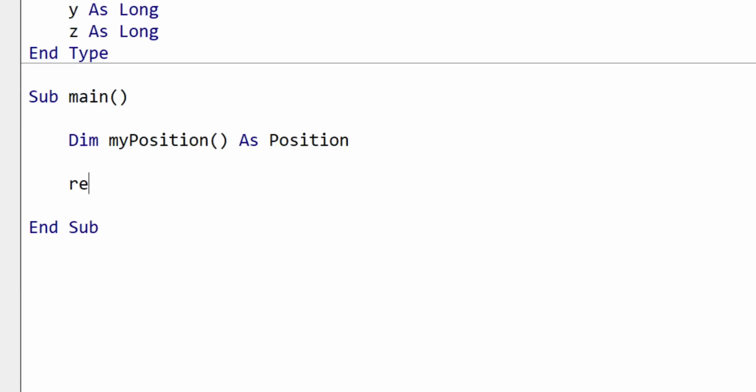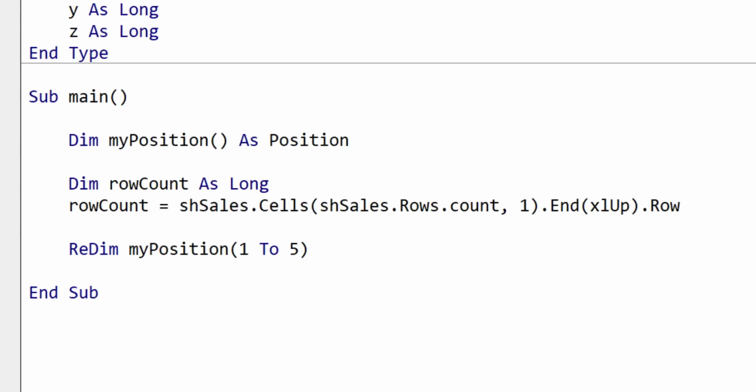If we want to set the size of the array when the code is running, we can use ReDim. This is useful as in most real-world applications, we will deal with changing data. When we declare the array, we don't specify the size. Then we use ReDim to set the size that we want. We can use a variable in the ReDim statement. For example, we could get the number of rows of data and then use this to set the size of